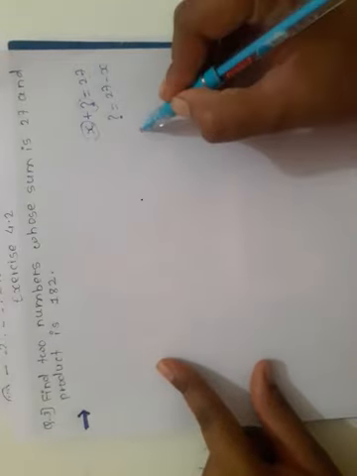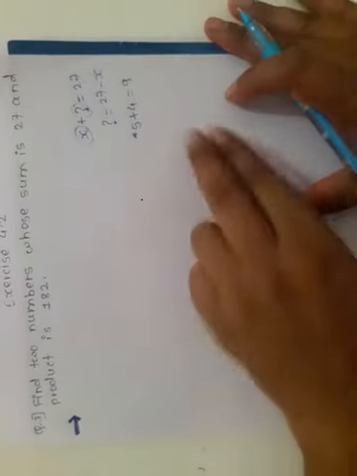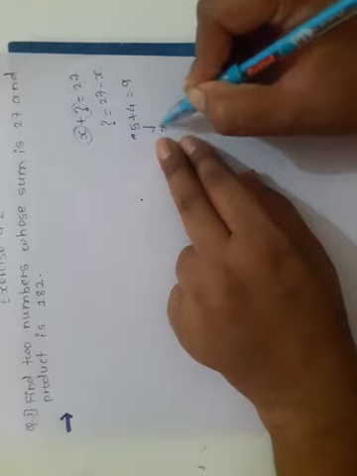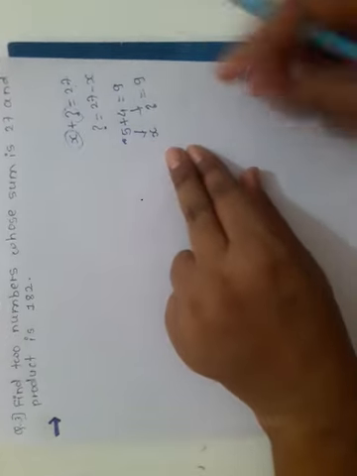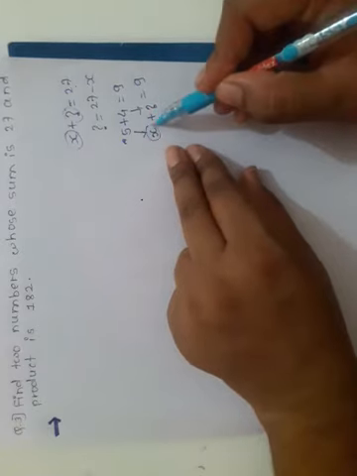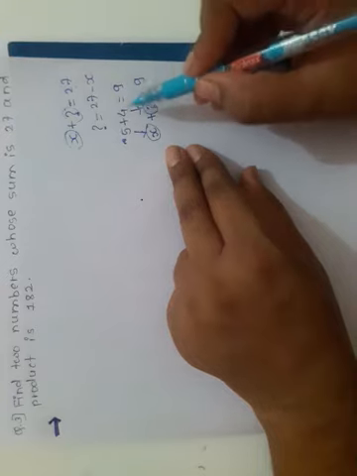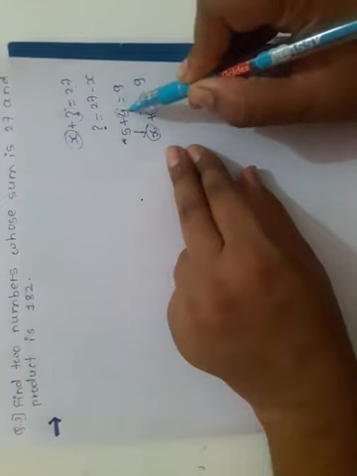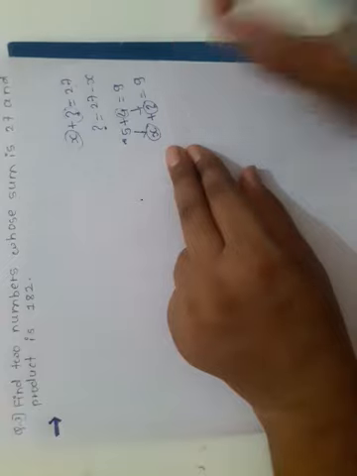See, 5 plus 4 is equal to 9 is given to us. In this, if 5 is our x and 4 is our other number, then 9 is the addition. The addition of these two numbers is 9. So if our first number is x and we have to find the second number, how can we find it? Obviously we can subtract this 5 from 9, then we get the other number. Did you understand?